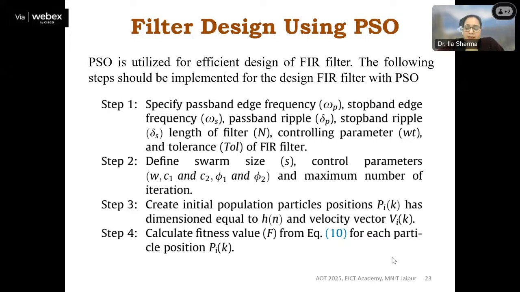One point I have to clarify here is that my parameter of optimization is the filter coefficients. Each of the samples I am optimizing in such a way that I take the initial parameters as these coefficients, and I will optimize so that in the passband those values should be 1, in the stopband those values should be 0, and when we compare with the ideal one, the error should be as minimum as possible. Till now, are you with me? Did you get what I explained for this PSO?